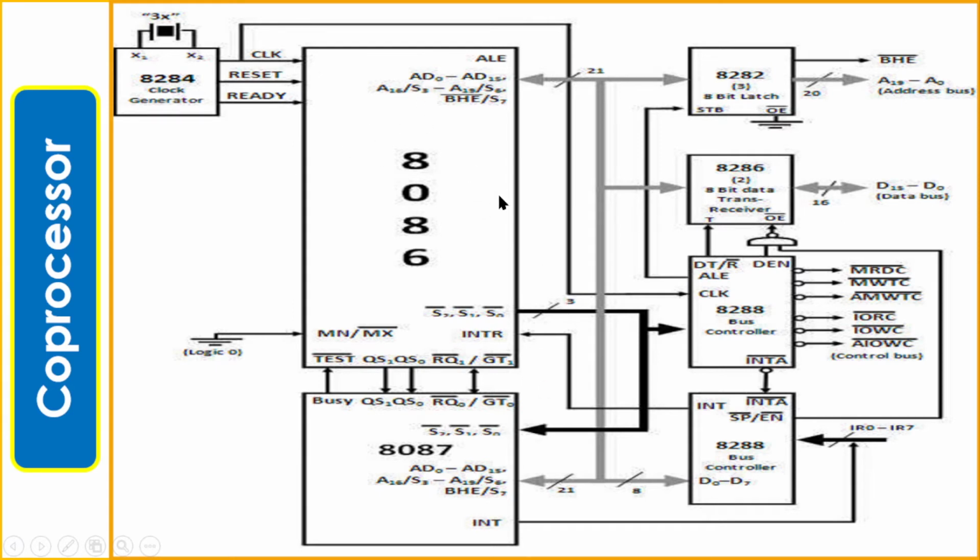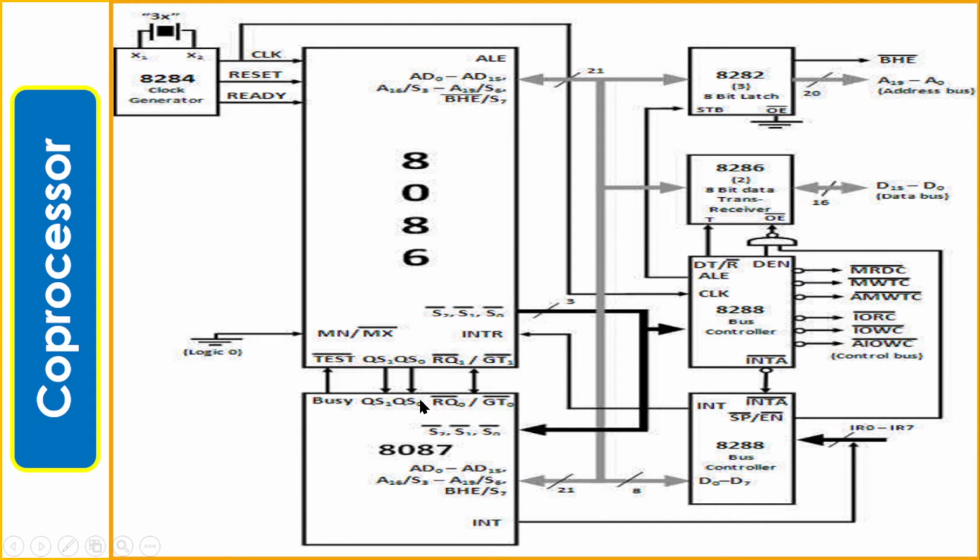Whenever we connect in such a way in the system, the Q status is continuously read by the 87. That is the key here. Even the bus controller also reads these status signals from the microprocessor. So these Q status and status signals will give you the insight into what the 86 is doing currently, whether it is executing any instructions in the system or it is idle. If the 86 is idle, then the coprocessor has to take control over the bus. It has to execute its instructions in the system. That's the common criteria here between the 86 processor and the coprocessor.